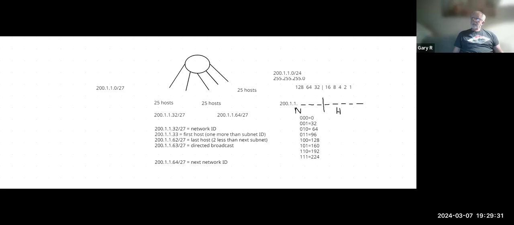So once I determine where the mask boundary is, I look one left and I say, the mask boundary is here. That means that the first network is going to be 0 and the next one's going to be the value of that, and they're all going to be multiples of that. Okay. Then I come over and I say, okay, now what are my hosts? Well, I take my network ID, add 1. I've got my first host. I add that magic number to get the next network, and I minus 2 to get my last host. Minus 1, get my directed broadcast, and that. So now that you've seen this little formula here,